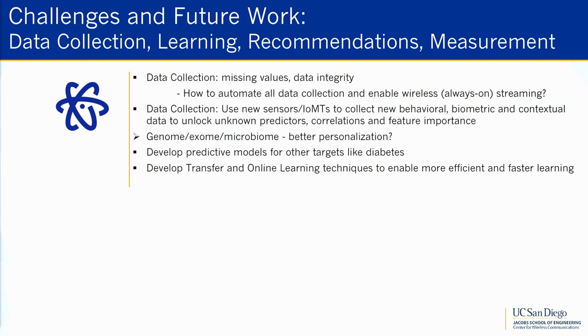But I was thinking that from a database community perspective, what are the things we can talk about improving? What are the lessons learned and what can we do? One of the things is data collection itself. One of the panelists had alluded to it before, maybe, but medical sensor data is still error prone. So you have to put other kinds of safeguards in place to make sure that this data is reliable. Either you throw away a lot of data which seems to be erroneous, or use the data in a different way,